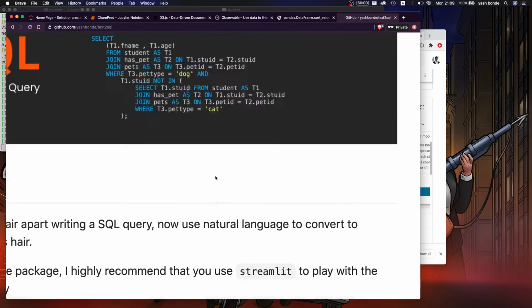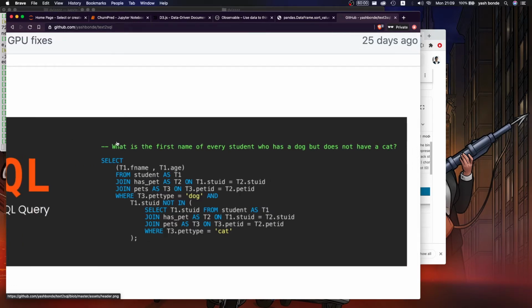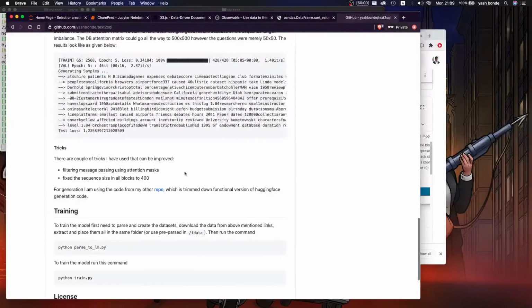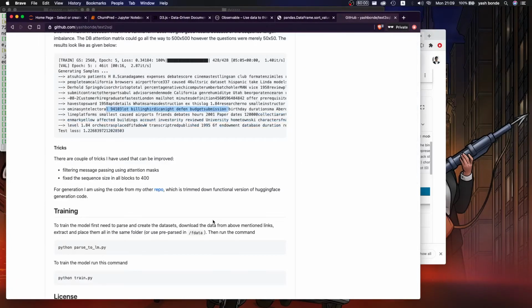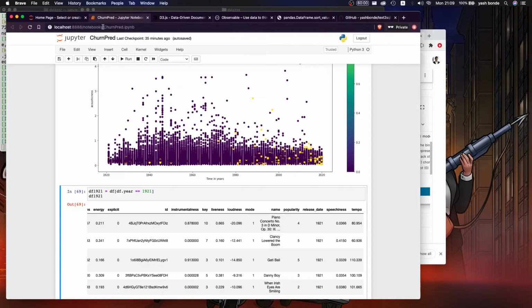Now this is a simple artwork. What is it? You can just ask it questions like, what is the name of every student who has a dog but does not have a cat, and it takes this natural language question and combines it with your database schema and is supposed to create good SQL out of it that can be run. Right now it's not working very well, so you get this stupid output. But anyways, coming back to this, what we need is